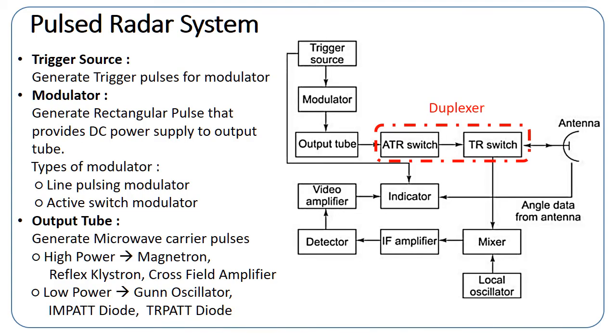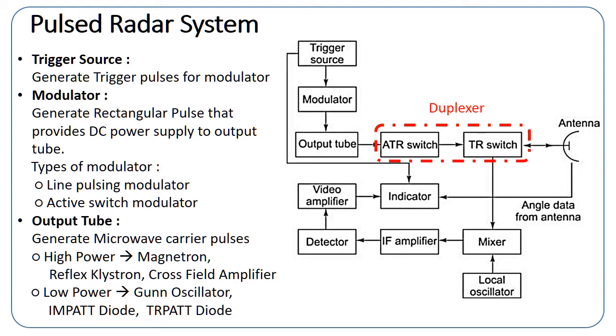So this is a very basic radar system. In case of pulsed radar system, pulses will be generated. These pulses will be modulated by using an RF signal, and then they will be transmitted. Transmitted pulses will get reflected from the target. The reflected pulses will get received by the antenna and then subsequently decoded by the receiver.